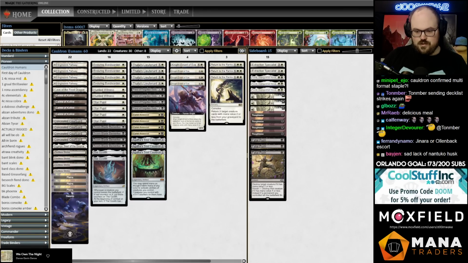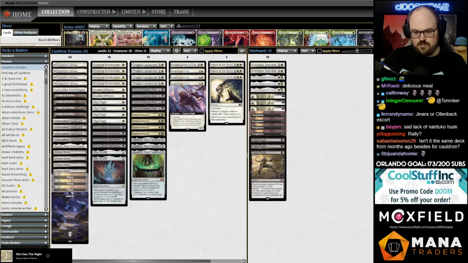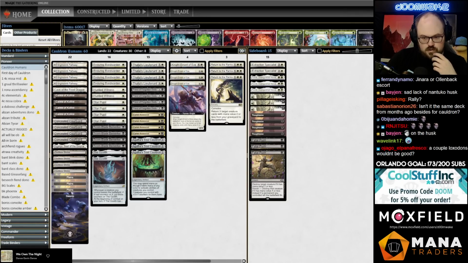Yeah, multi-format staple. Nantuko Husk is not really something that you want. It's not a human, you know? It's just not a human. Isn't the same deck from months ago, besides for Cauldron? No, because the previous deck didn't have...